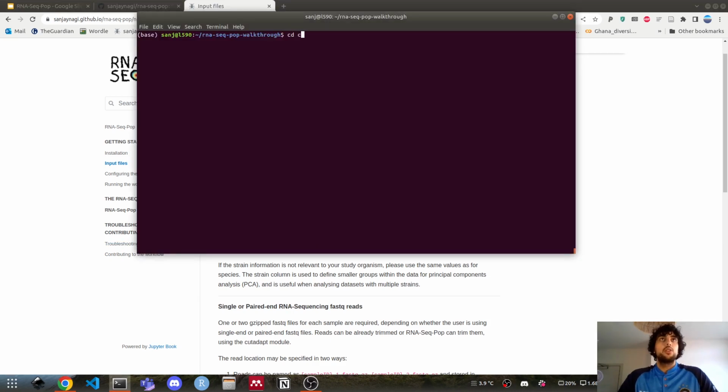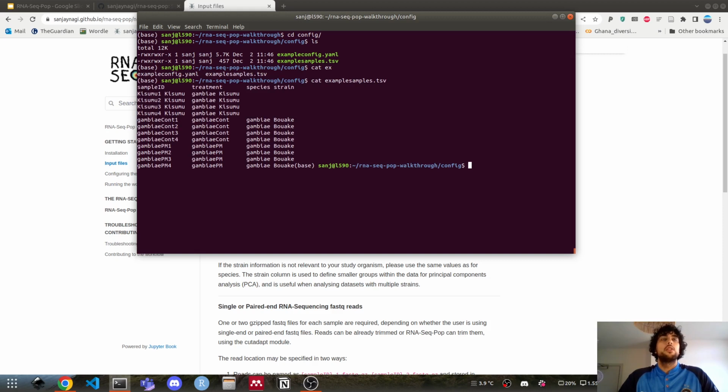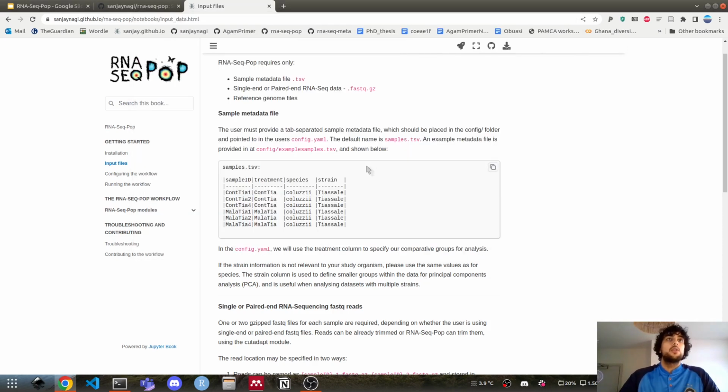Actually, we can go into the config folder and there will be a file called example samples, and we're going to print that to screen, although it's not the most readable when you print it like that. So let's have a look at this one instead. We essentially have 4 columns. We have the sample ID column, so each of our samples; in this experiment, we have 3 biological replicates. Then the treatment for each sample, and these are all the same treatment. Specifically, this is the control group from Tiacelae.